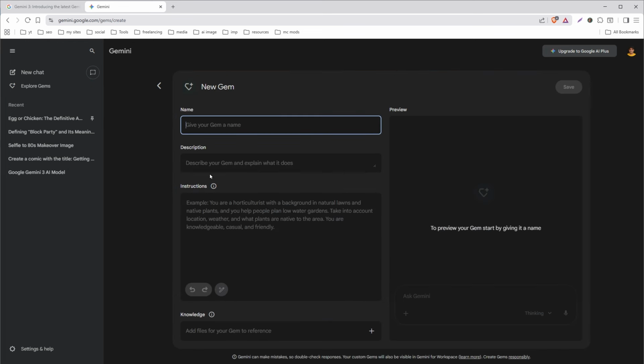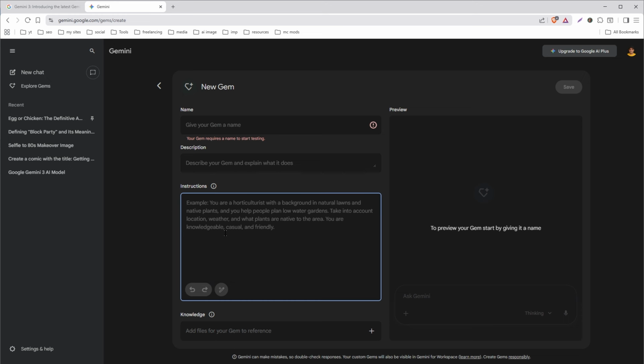Here, provide the name, description, and add custom instructions. And for knowledge, you can add files here for the context. So you can create your own gem. Your gem will contain custom instructions from you, and then it will follow those instructions and boundaries. You can also add files from PC or Google Drive containing data that you want a gem to use or consider in conversations. Gems can be public or private,